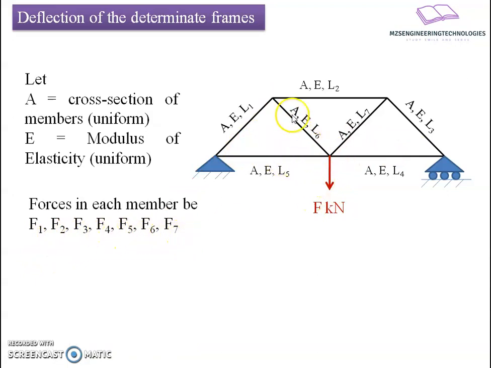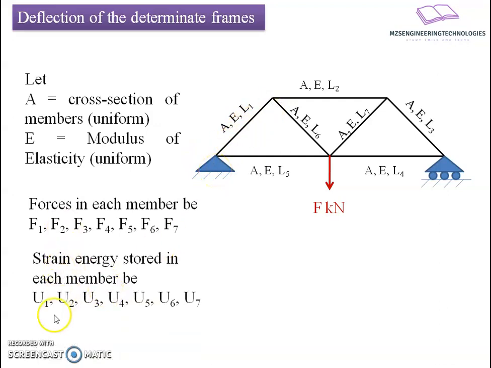Since each member carries individual component parts of that applied force F, due to this applied force, let us consider there is a deformation in the member, and this deformation is being stored. If we consider the individual deformation stored by the member, I can say the individual strain energy possessed by the members is u1, u2, u3, u4, u5, u6, u7. If I take the summation of all this strain energy, I can say this is the total strain energy possessed